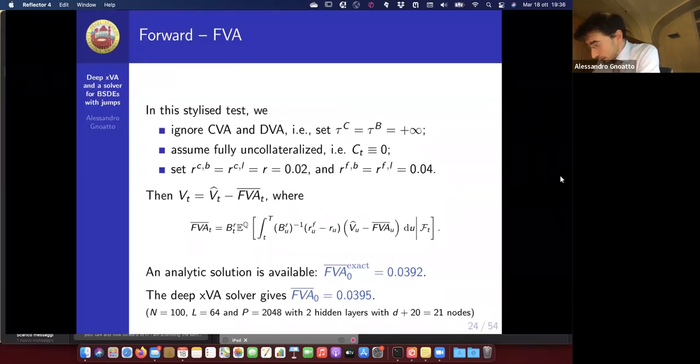So let me try to provide evidence for the application of this solver for nested valuation adjustments. We compute the FVA, so I assume that there is no default risk, or there is only funding risk. It's only illiquidity if you want. So I want to compute now the funding valuation adjustments. For the easy example that we were able to obtain here, we were able to obtain a closed form solution for the conditional expectation, and with our Deep BSDE solver, we were able to approximate it with a very good level of precision.